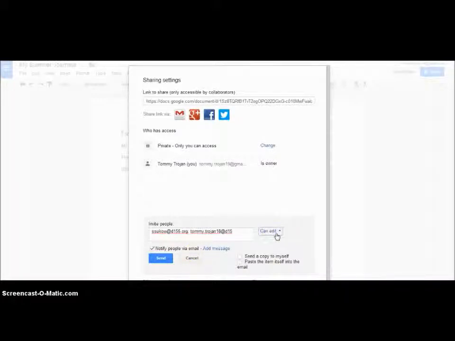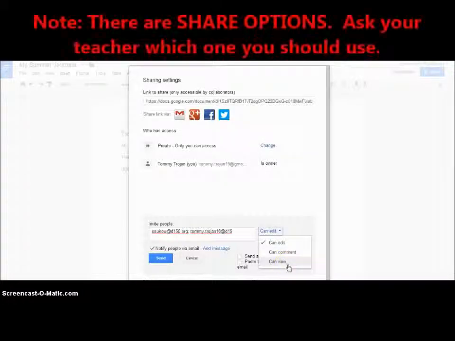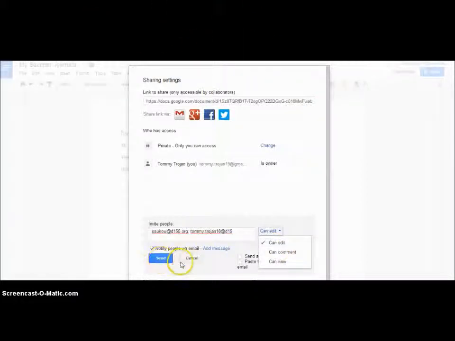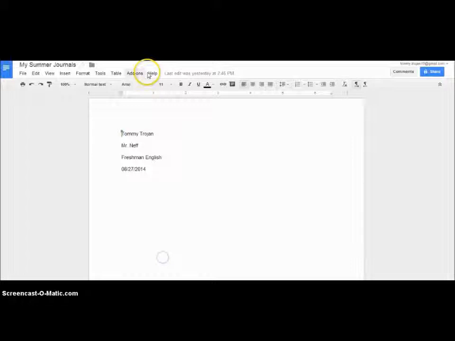Now, oftentimes, if you're peer editing or you're sending it to your teacher, you want to do can edit. But you can also do can comment, which means they can add comments, which is really helpful during peer editing, or can view, so they can just look at the document. Ask your teacher what type of share setting that he or she wants you to use. And then you can hit send. Now that would send then to those two individuals that I included in my Google Doc. So always go up to this blue share button and note that there are lots of options that you can take to help make sure that your document is visible to both your partners, your group members, or your teacher,